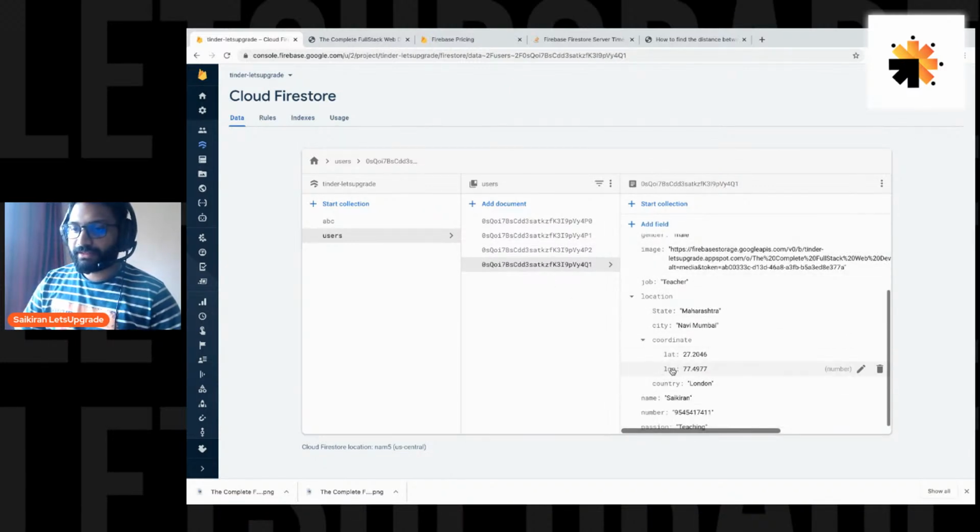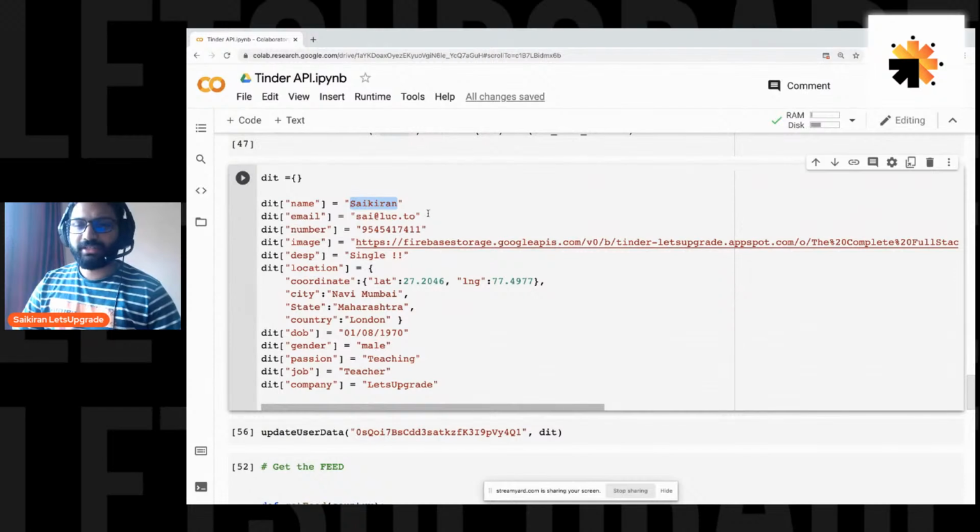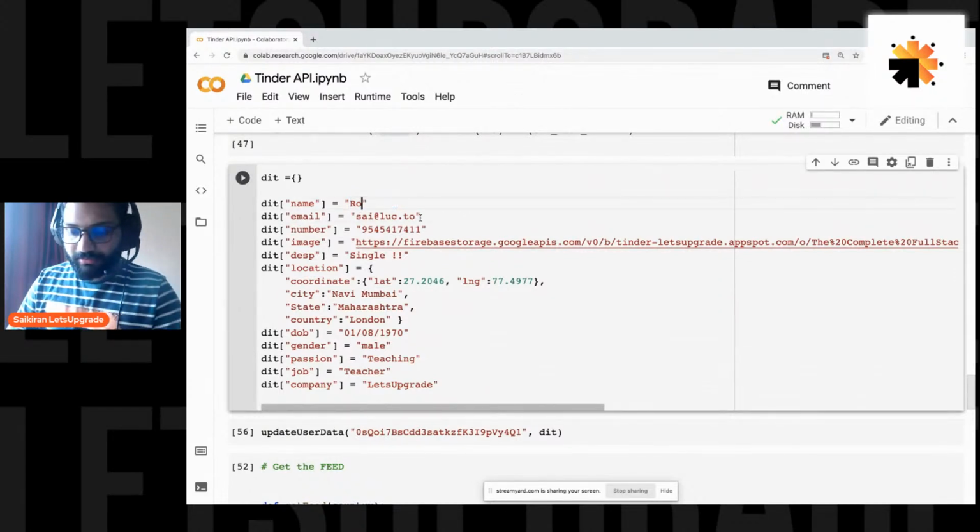Okay, so I have London here. Now let us change the data also. Let us change a little bit, the name at least, the name and email ID of that person. So let us make it Roshan Patel, and the email should be ROSH